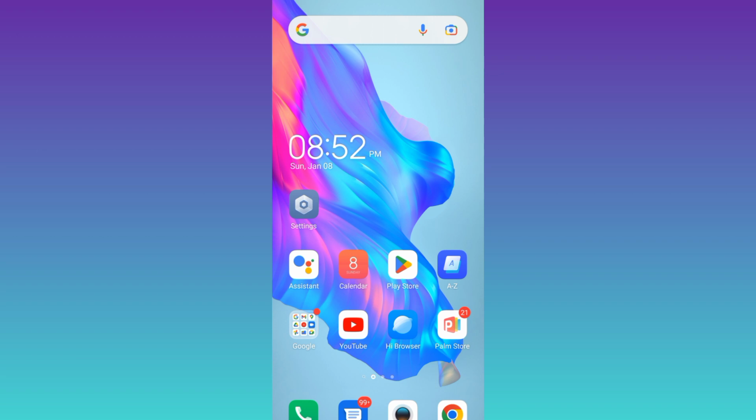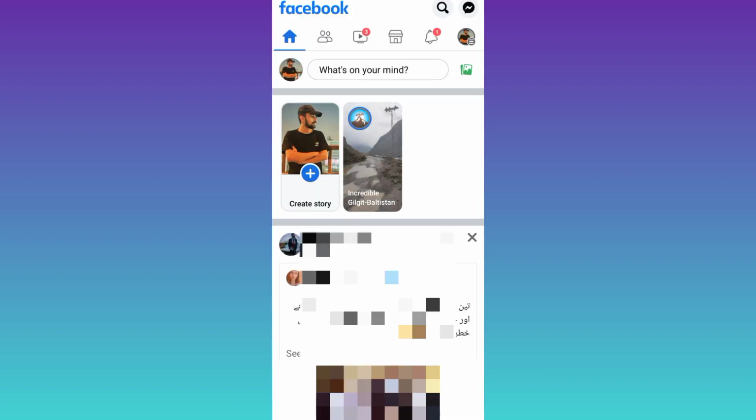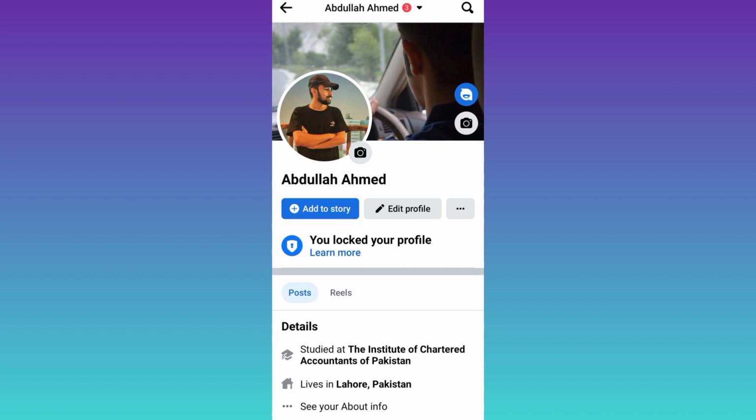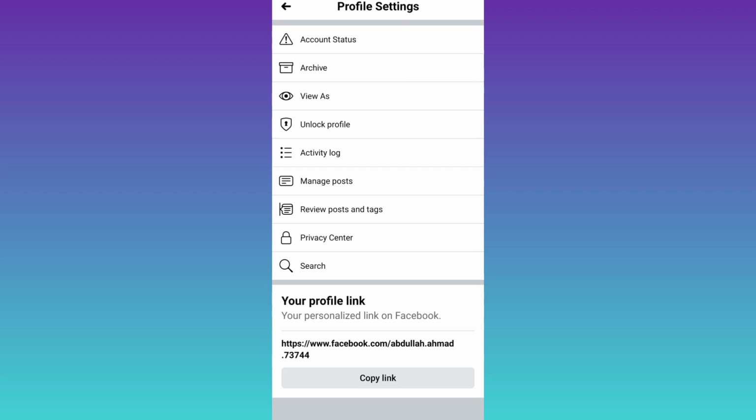First of all, you need to open Facebook. Click on your profile's icon. Now click on these three dots next to edit profile. So as you can see that there is no option to switch to professional mode, and this is mainly because